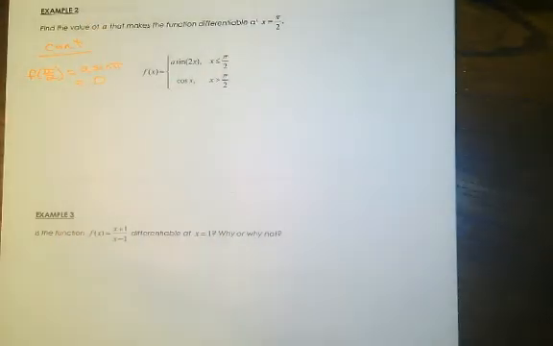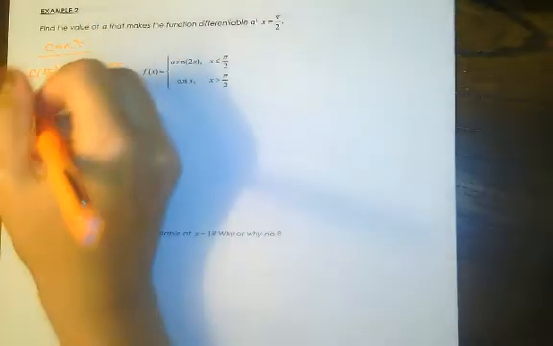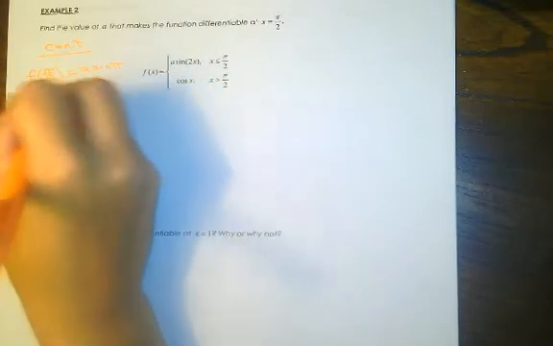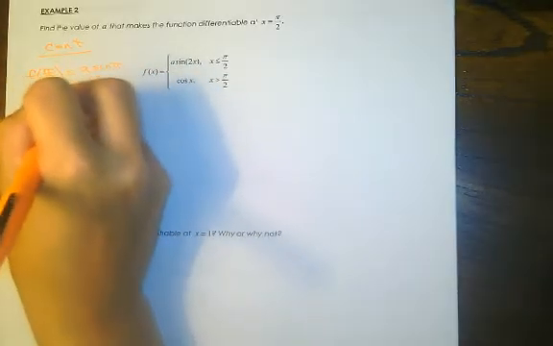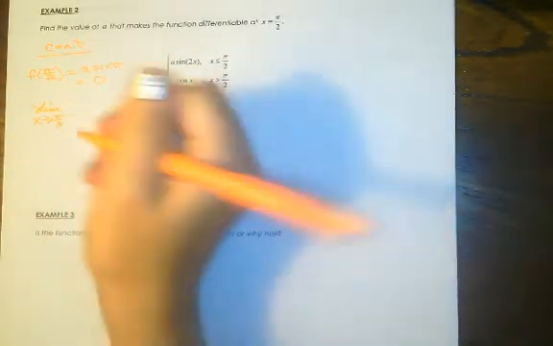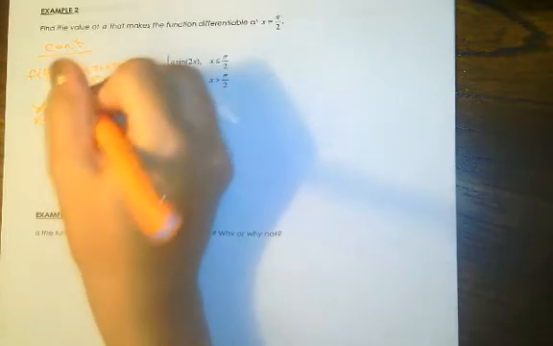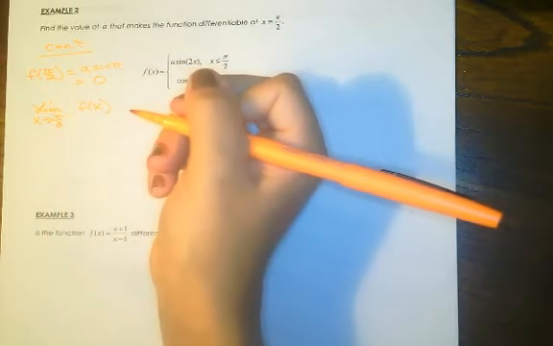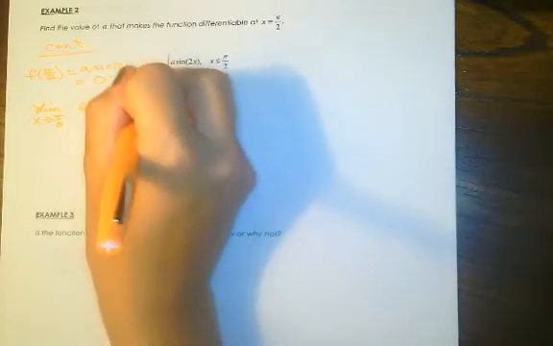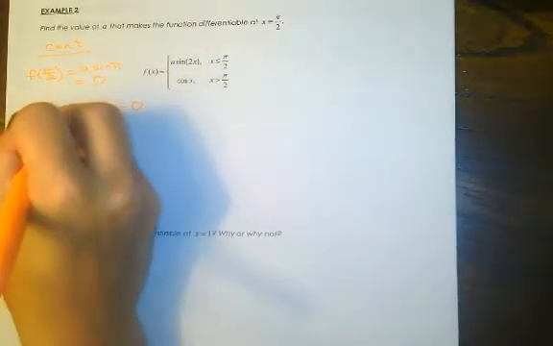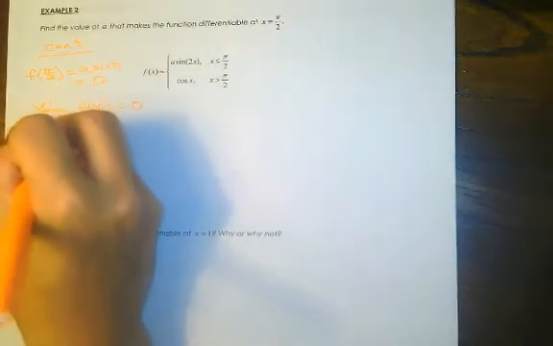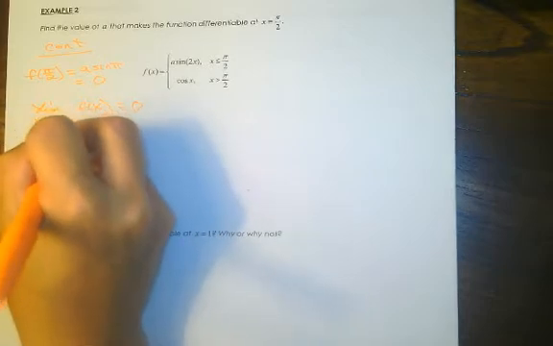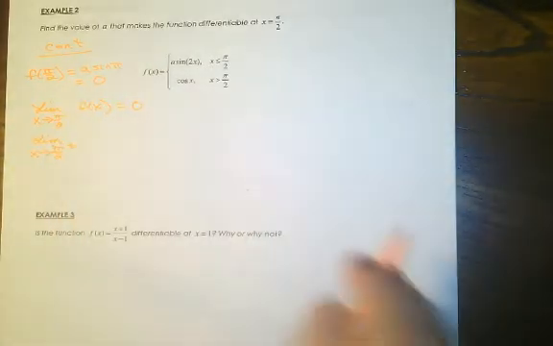Okay, so f of pi over 2 exists, and that's also going to be the limit as x approaches pi over 2 from the left of f of x, right? We already know that that's going to be the same there, so that's going to equal 0 because that was the same. Now I'm going to talk about the limit as x approaches pi over 2 from the right